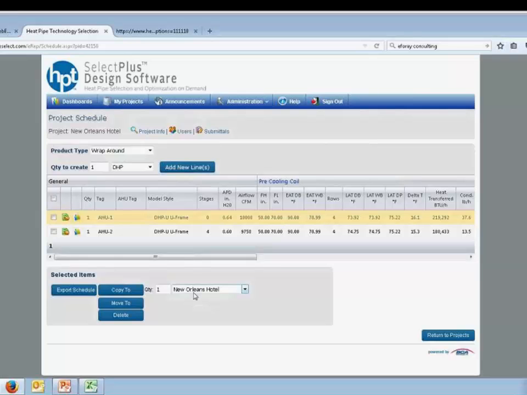Now back at the project schedule screen, I want to show you this button called Users. This is a feature that, again, SelectPlus is designed to keep a database of projects you're working on. Now it's your own personal project database. But let's say you're working with the HPT representative or with other colleagues in your office on a certain project, you want to have the ability to share that project with them. And you could do that by clicking Users